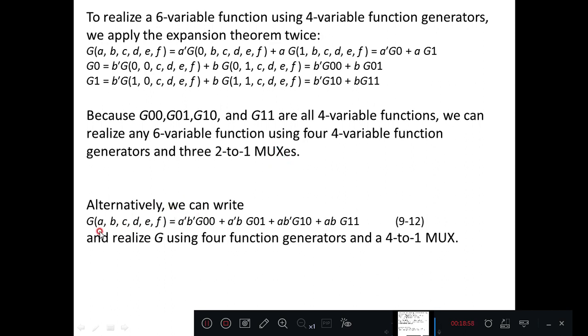Alternatively, we can write G of A, B, C, D, E, F as A dash B dash G00, A dash B G01, A B dash G10, A B G11, and realize the G function using 4 function generators and a 4:1 mux. This is an alternative way of representing.